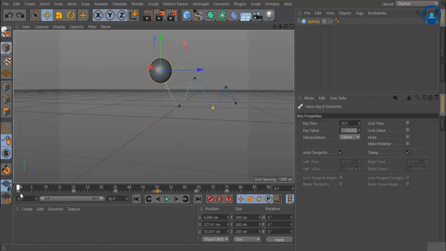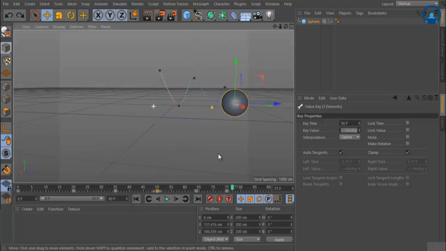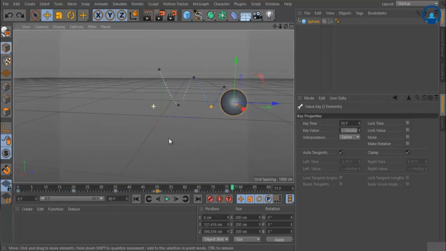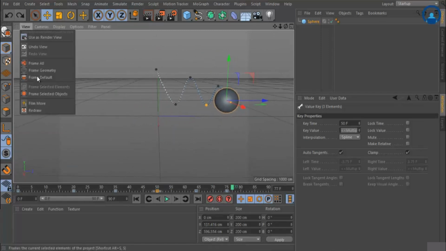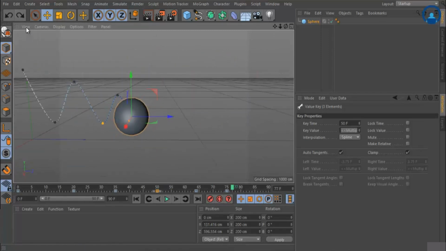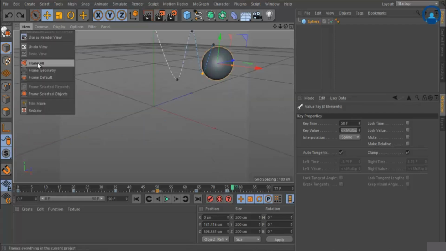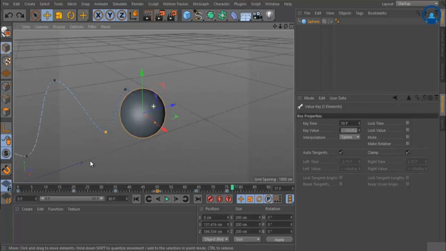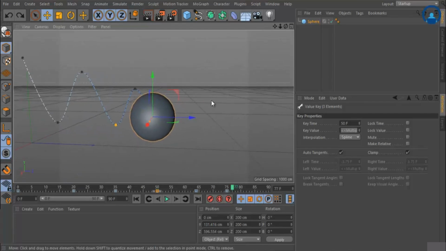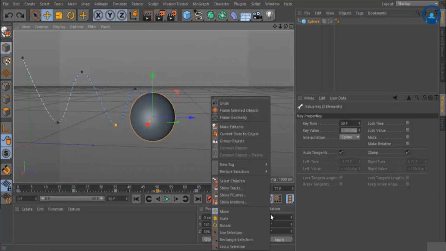So I create a small animation over here, and to make some changes in it, or to make it smooth, I use a different option. I right click over here and I can access the option called show track.